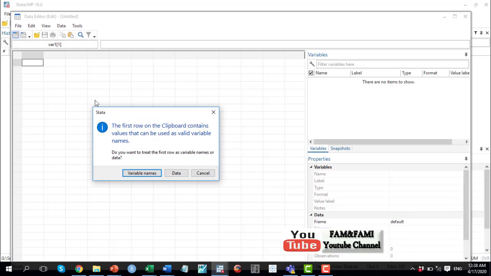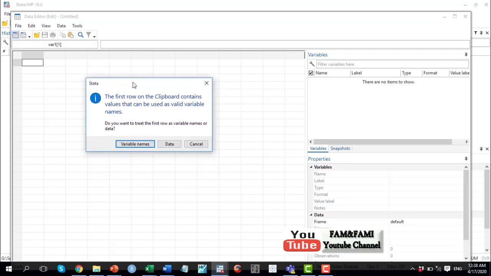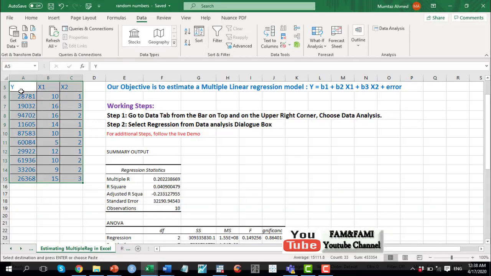When you click on Paste, a dialog box appears and says the first row on the clipboard contains values that can be used as valid variable names. Look at this data, by the way. It is telling us that the first row contains values that can be used as variable names.